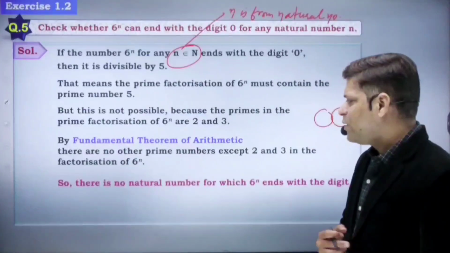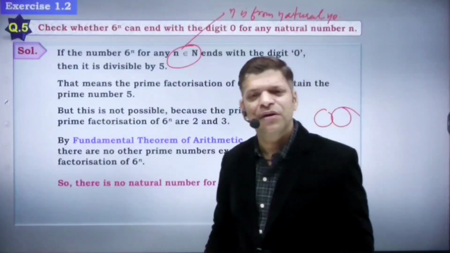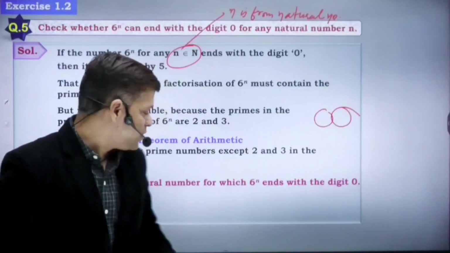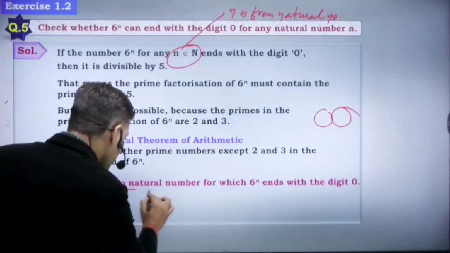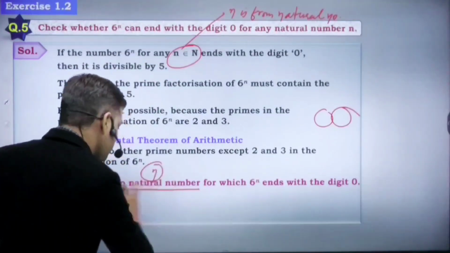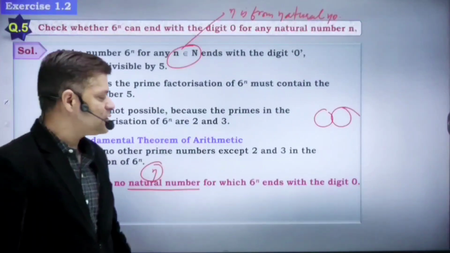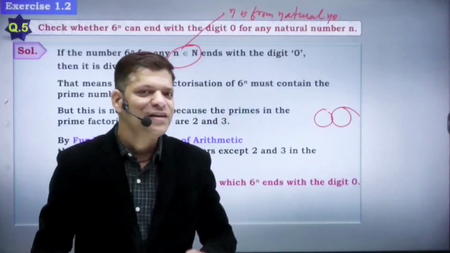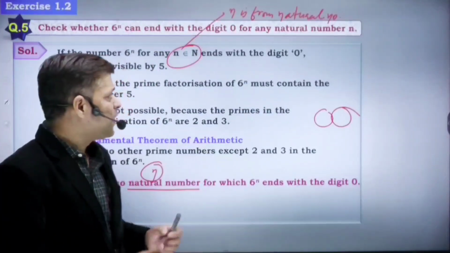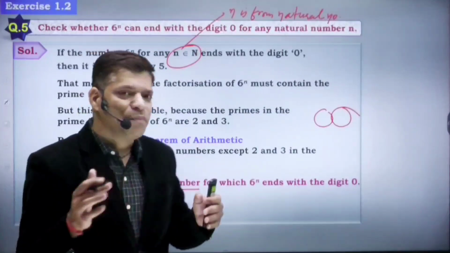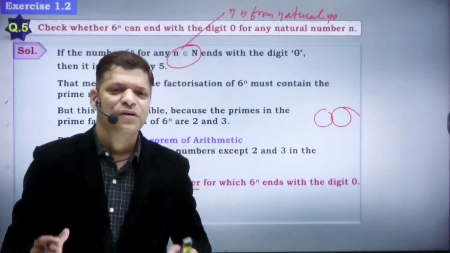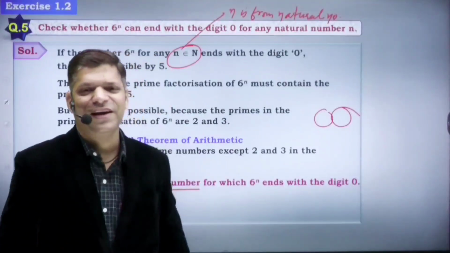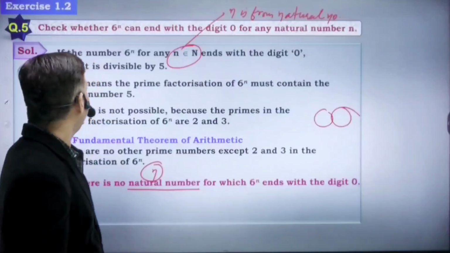So there is no natural number, small n, there is no natural number n for which 6 power n ends with the digit 0. This type of question we prove with the help of contradiction, right? So next,